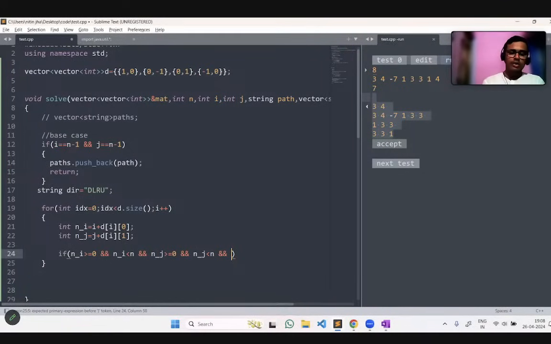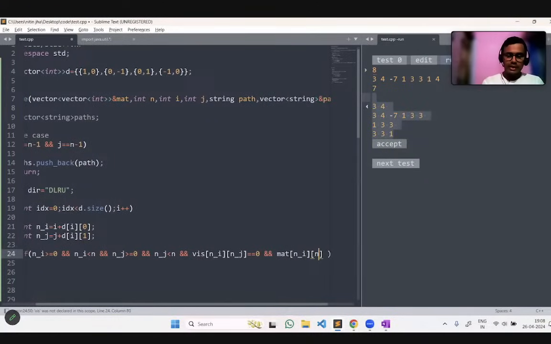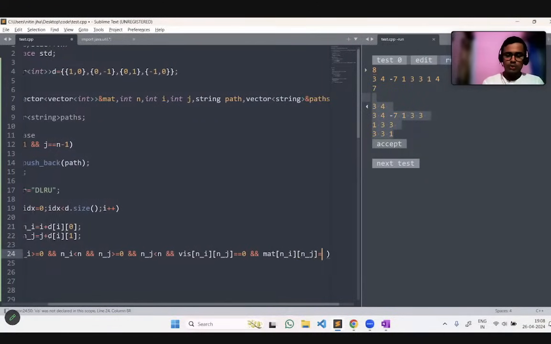And also, if all this is the case, we are going to check whether visited of new I, new j is equal to 0, and the value of the matrix at new I and new j is equal to 1.